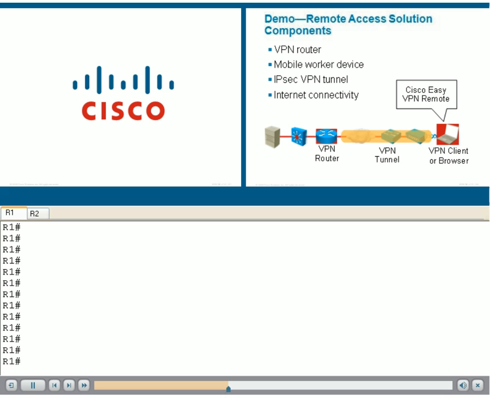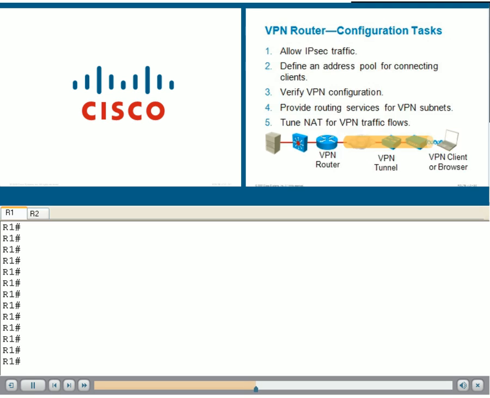We will take a look at the steps necessary to configure the VPN router. IPsec configuration details are out of the scope of this lesson. We will focus on identifying the presence of the IPsec VPNs in the router's configuration. We will also focus on provisioning and tuning services around the VPN, such as routing and network address translation. In browsing through these configuration steps, you can see the backbone service is a remote access IPsec VPN, based on